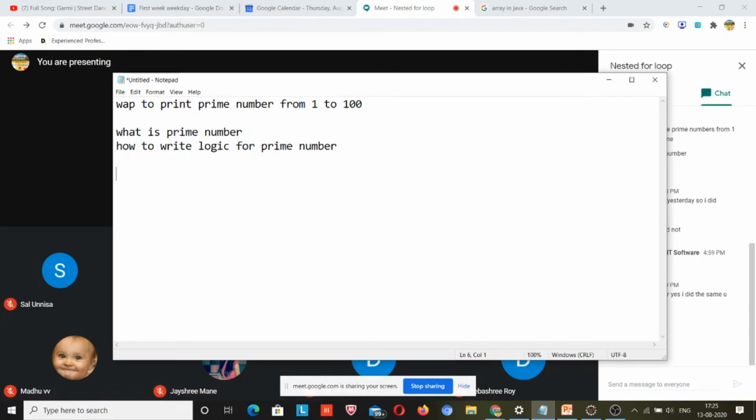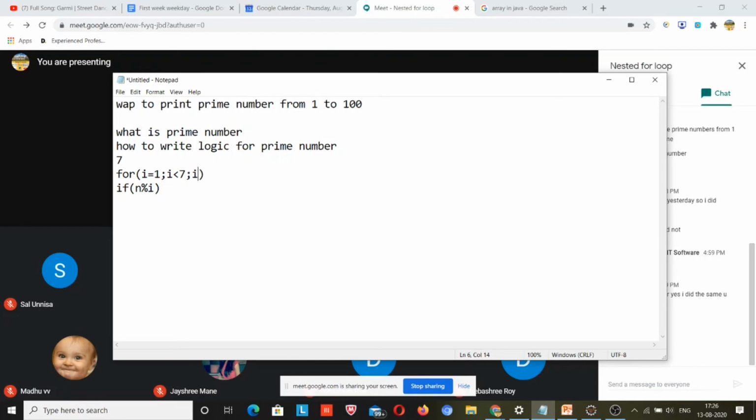So what a prime number actually says: if a number is divided by any I. Suppose the number is 7, and you run a loop from I is equal to 1, I is less than 7, because 7 will not be considered, just because 7 will divide itself, right?